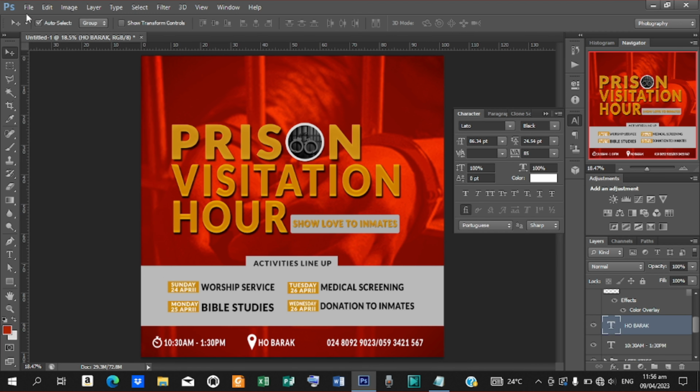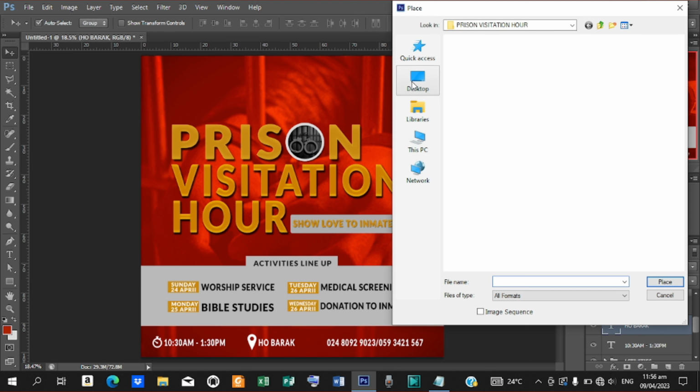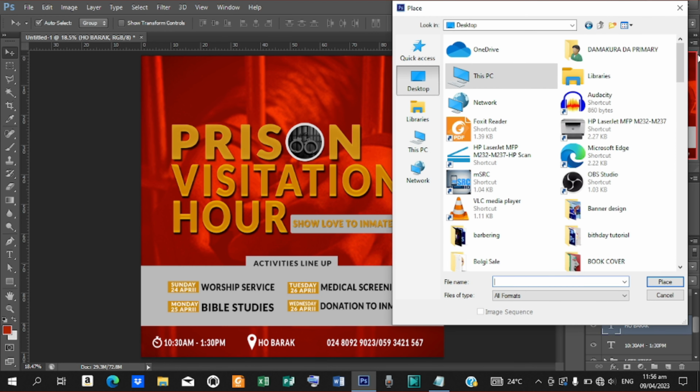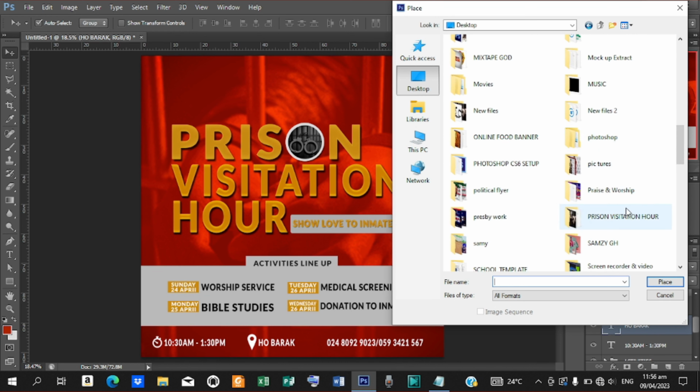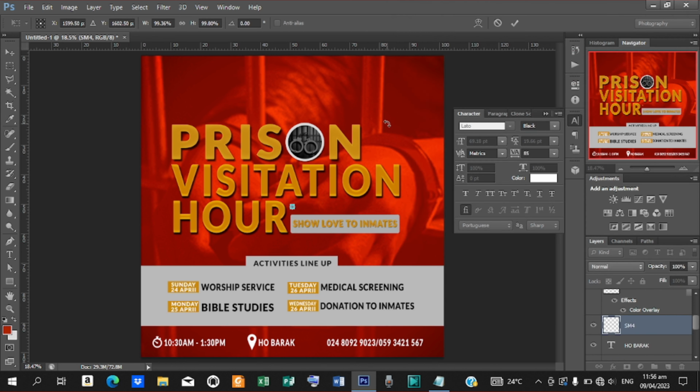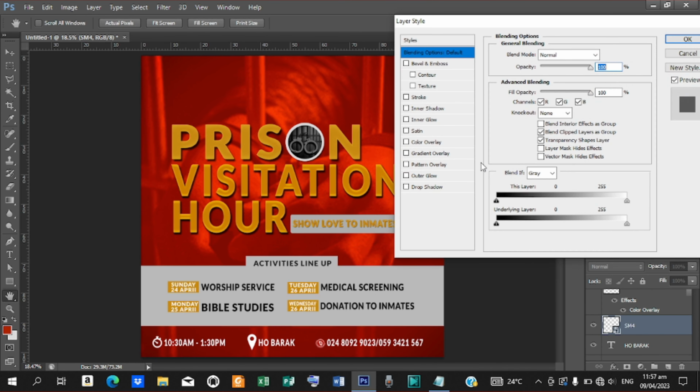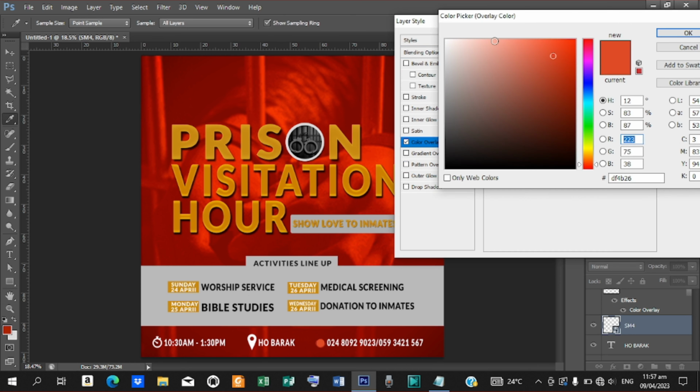Let me go to my file, go to File, go to Place, and let me go to my desktop. Sorry, let's go back. Okay, so let me bring it in. Okay, open this up like this, then drag this. Now let me change the color for that one as well to white. Okay, so what will happen is that